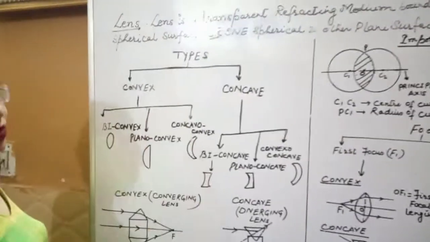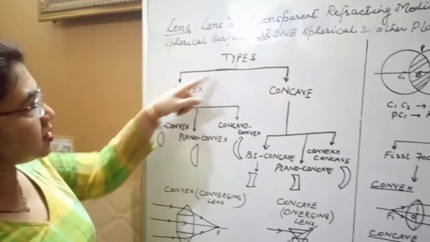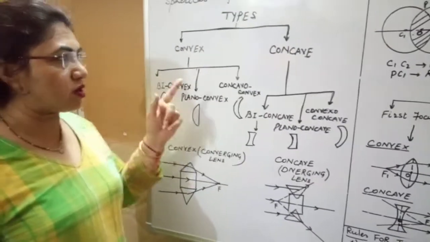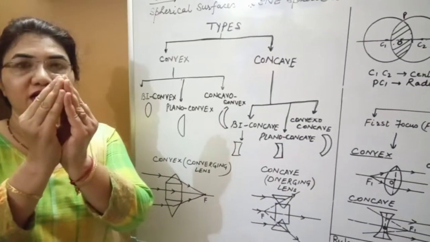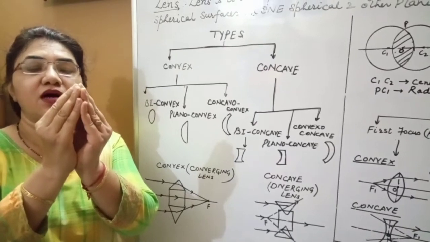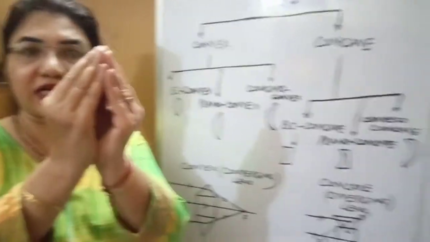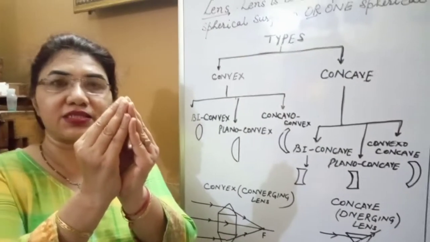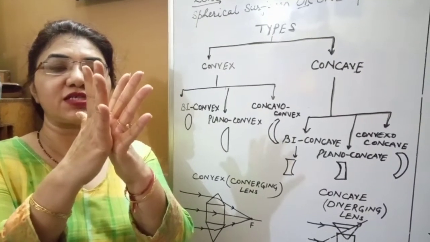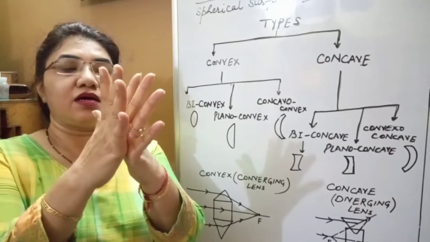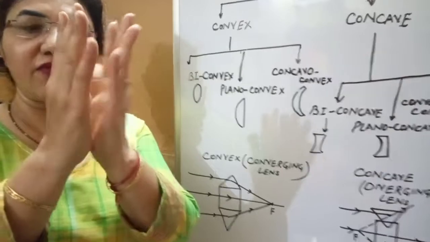A lens has two refracting surfaces. On the basis of their shape, lenses are of two types, convex and concave. If I consider two spherical surfaces that bulge out in the center and are very thin at the edges, that is the convex lens. It is thicker in the center and thinner at the edges. Whereas if I consider two refracting surfaces that are thinner in the center and thicker at the edges, this is concave and the other is convex.